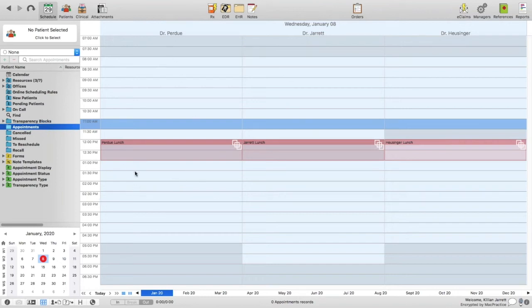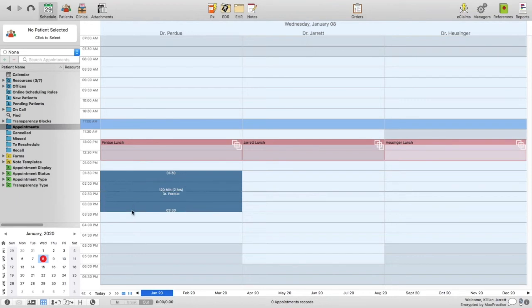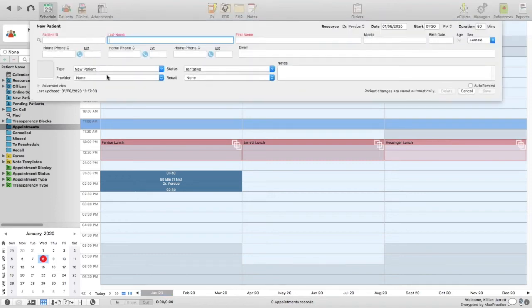Here, what I can do is click on 1:30 and drag down. I still have my mouse clicked, and as you can see, it is showing me a couple of different bits of information. At the very top, it shows me the start time of the appointment. At the bottom, it will show me the end time. In the middle, it gives me the duration of the appointment and also the resource that it is listed under. Once I lift off of my mouse, it is going to pull up an